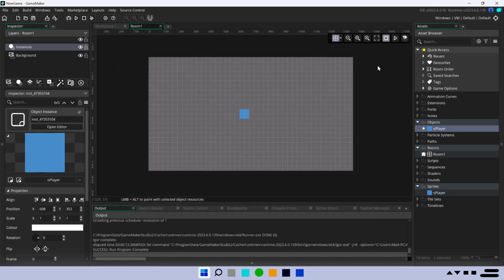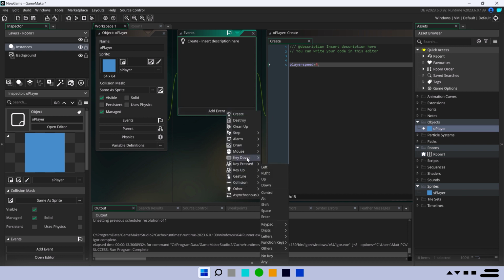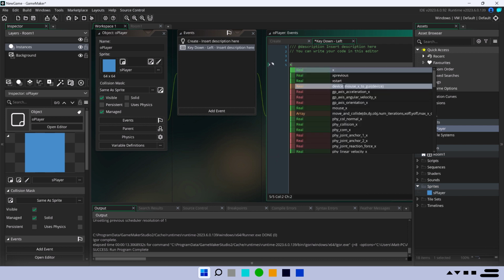What I'm going to do is just close this one out, mainly because we don't have any logic, right? We just started creating variables, but we're not using the variables, we're just creating them. So we're creating like a description for the character or whatever, but we're not using any of them. If you go to add events, in this case, let's just keep it simple. We're just going to go to key down, all right? Key down left. Whenever we press the left key, we want the X position of the player